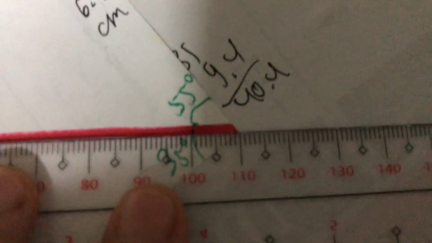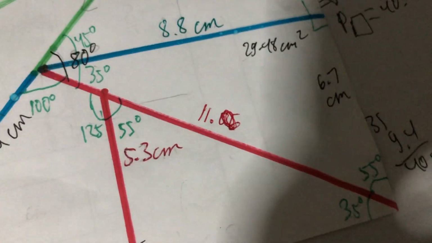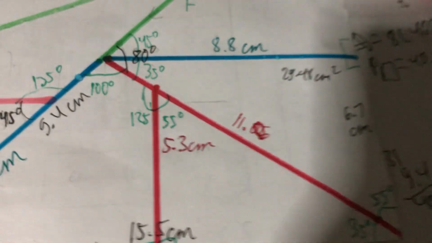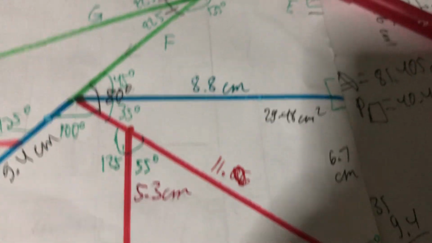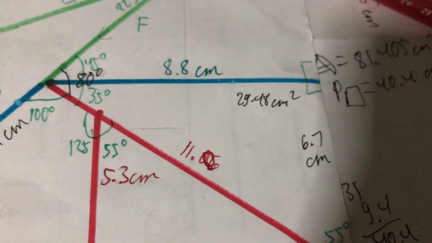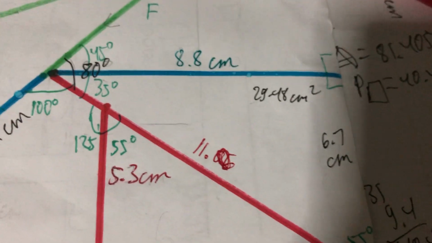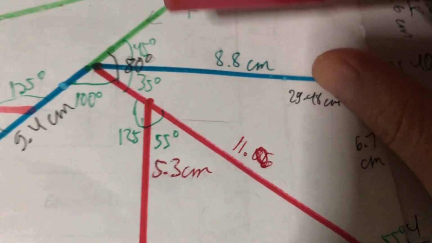Yes, or pwede naman just 11 na lang para mas madaliin. Just say 11 na lang. Para mas madali, just say 11 na lang. Okay? Now, to solve for the perimeter, madali lang yan. 8.8 plus 6.7, you know that's 15.5. And 15.5 plus 11, so therefore,